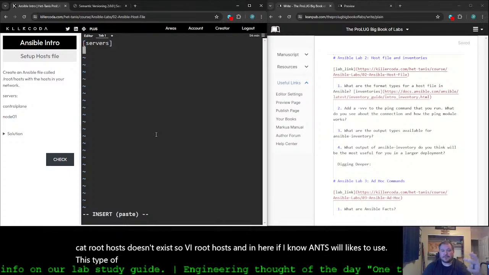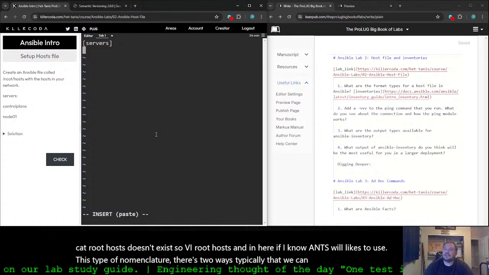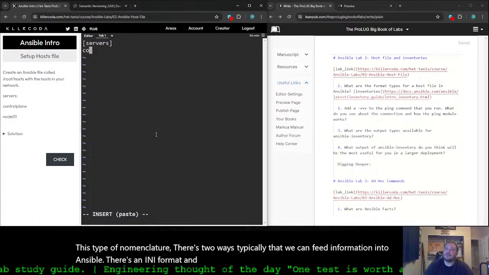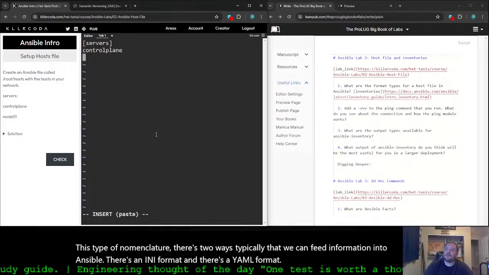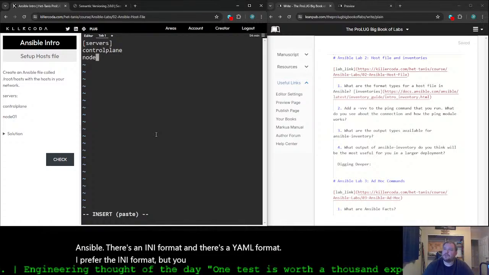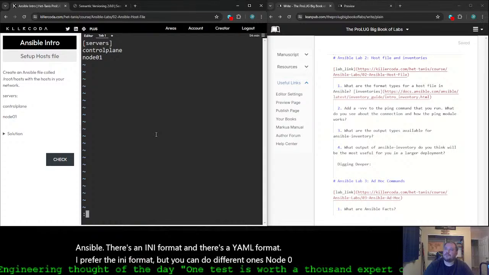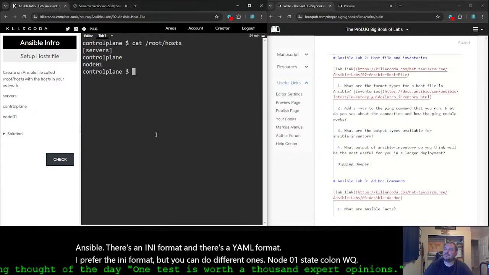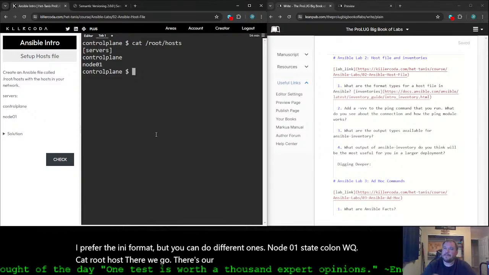There are 2 ways typically that we can feed information into Ansible. There's an INI format and there's a YAML format. I prefer the INI format, but you can do different ones. Node 01, then save with :wq, and cat root hosts. There we go. There's our file, right?